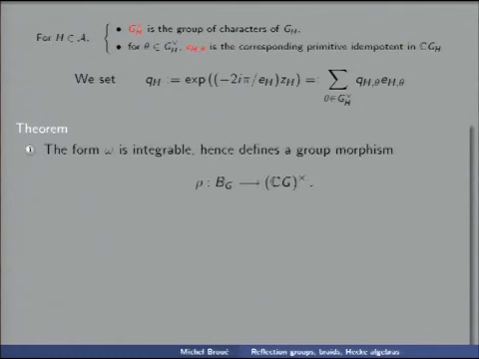Theorem. The form omega, which is just defined by this G-invariant family of local elements, is integrable. And so, since it is integrable, you can find some closed